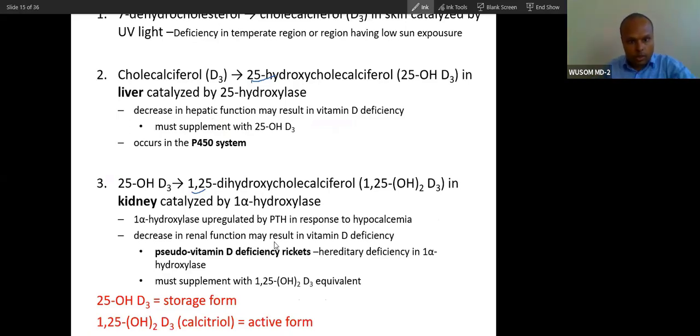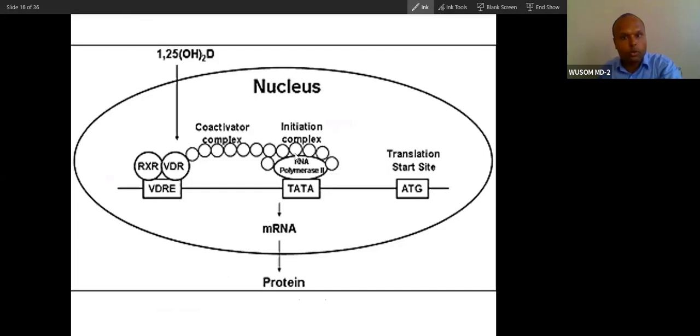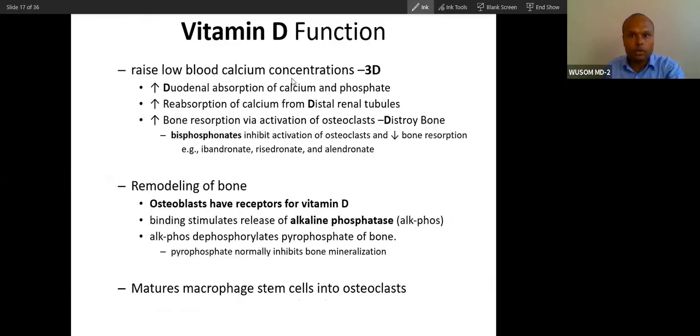Now this is the same thing you can go through. So this is a hormone. Actually, basically, vitamin D is a hormone. It will act by binding nuclear receptor. The vitamin D functions I have already told you: destroy or demineralize bone is the immediate action, but the ultimate action is the mineralization and remodeling of bone.